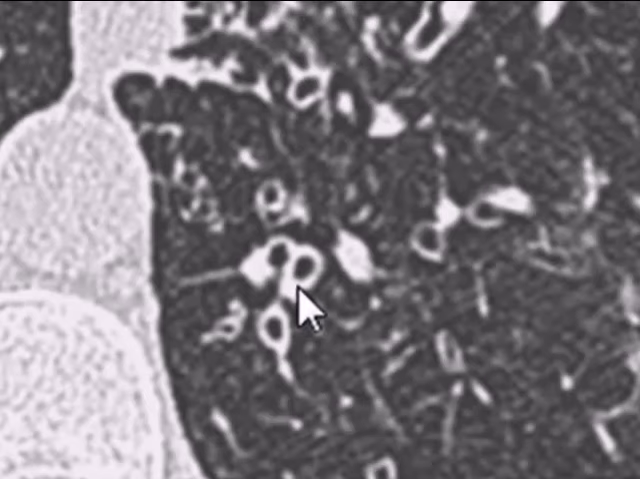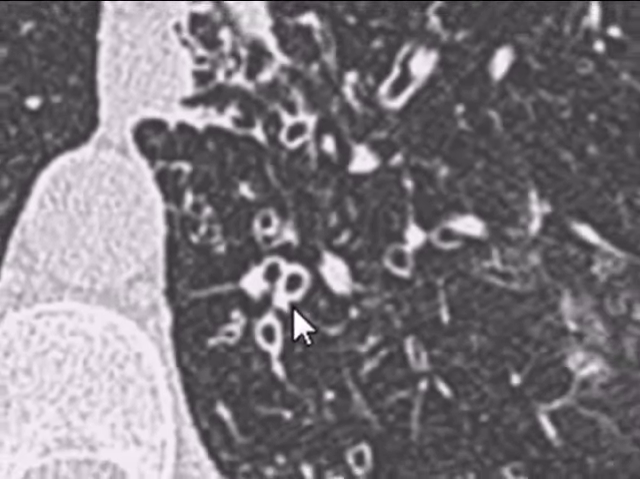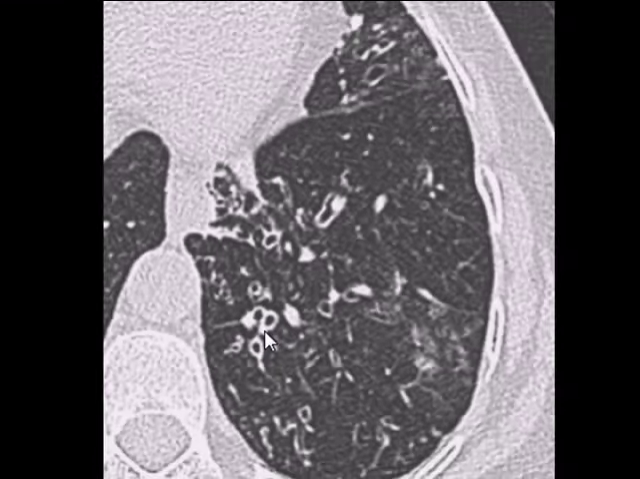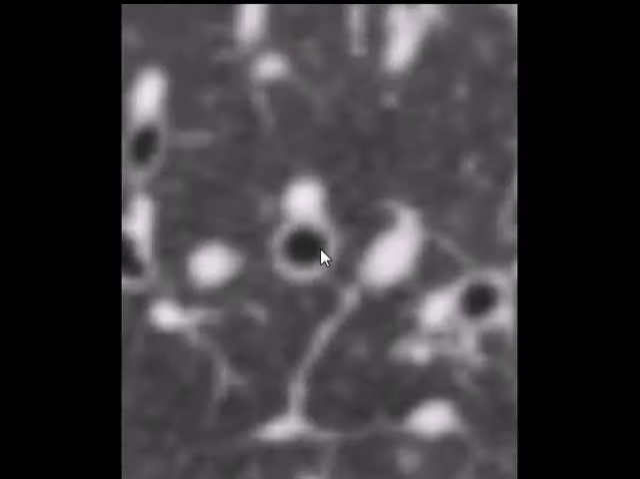If you look closely, the thing looks like a ring, a signet ring, a magnified view. So this is a sign which is known as signet ring sign on CT scan. Another one here, but in this case, see the diameter of the pulmonary artery and the diameter